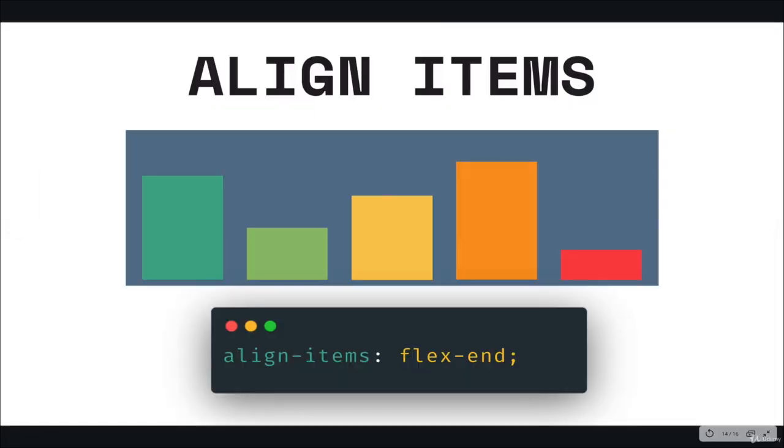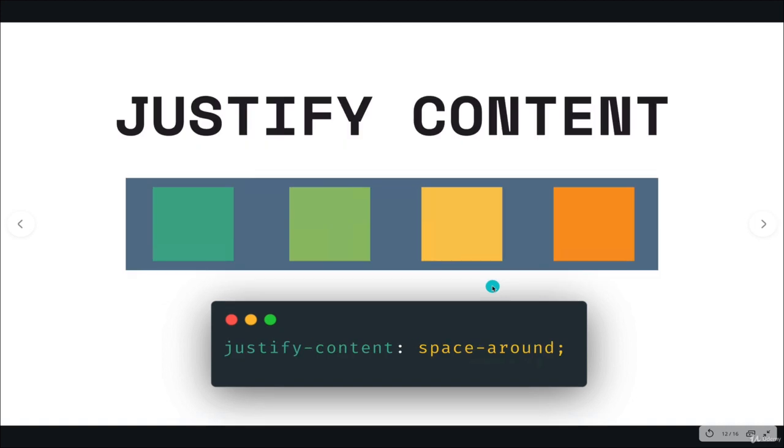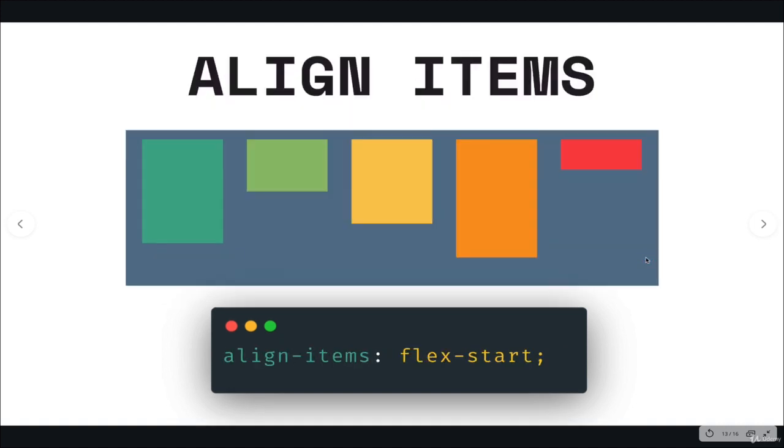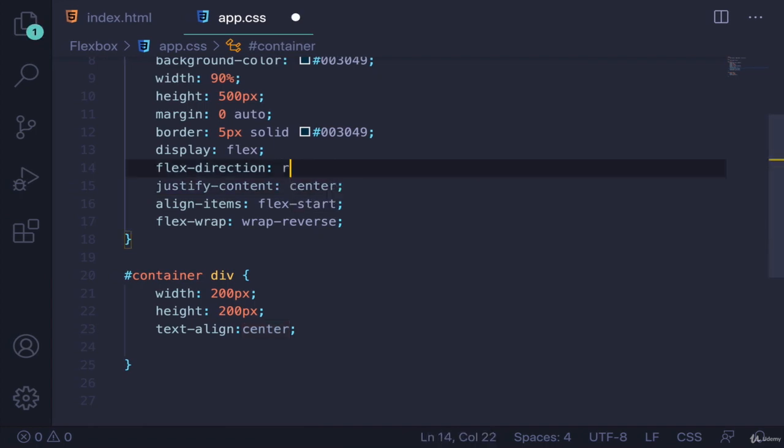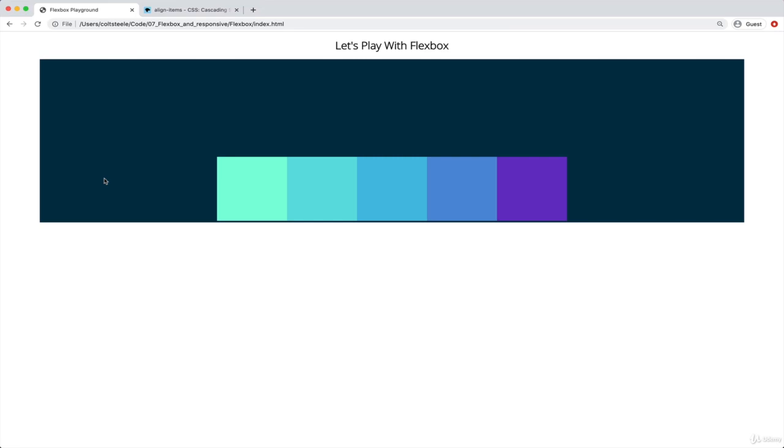It's how we align our content along the cross axis. Justify content is the main axis. So again, it's not always horizontal and vertical. They could change at the flip of a switch, right? Very different. At this point, justify content right now is set to center, and that's how they're centered on the main axis, which is vertical. But if I go to a row, all of a sudden justify content center is now horizontal, left to right, centering them. Okay,